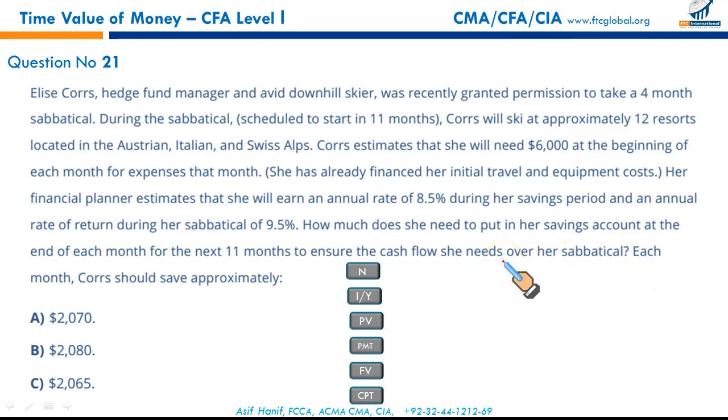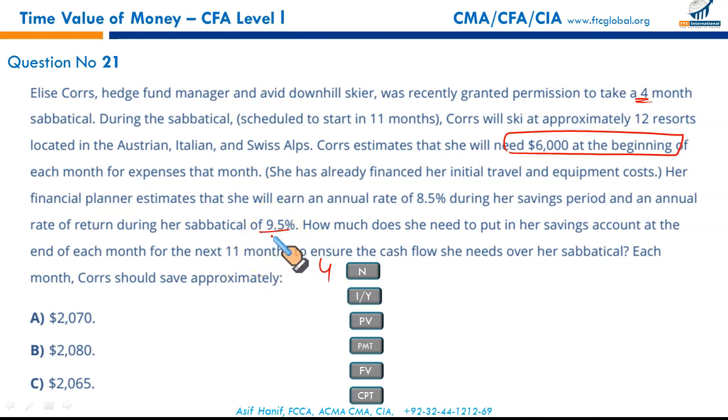Gentlemen, for this, I recommend for the beginners, you need to draw a number line. But we got the idea that for the 11 month period, she will have to put in a certain amount of money. And for the next 4 months, she will receive the amount of money that she can have fun with. Gentlemen, first of all, she will receive $6,000 for 4 months. For that, how much do you need to invest? So starting first with this one, N is 4,